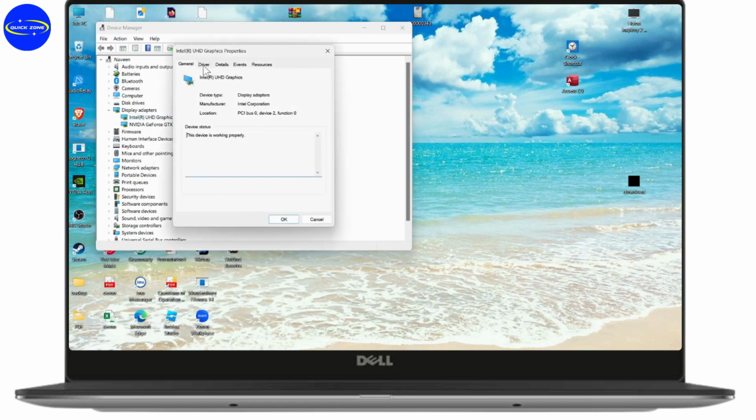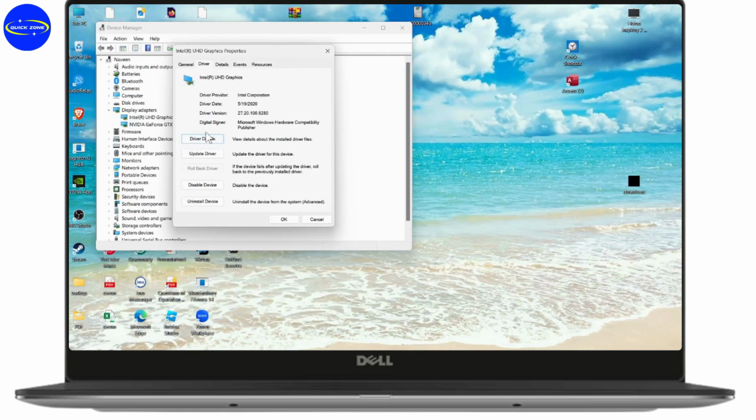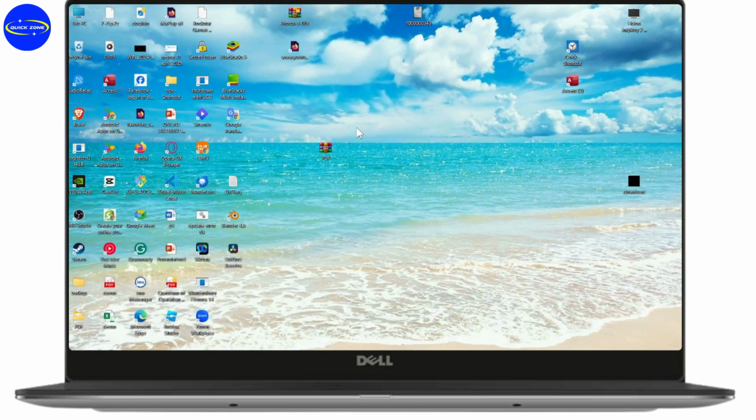Go with Properties and go to the Driver section. Under Driver, you will have the Update Driver option. So you just need to simply go and update your driver, and after updating your driver, your problem might be fixed. If that doesn't fix your problem, then the second solution is to restart your computer, or you can roll back updates